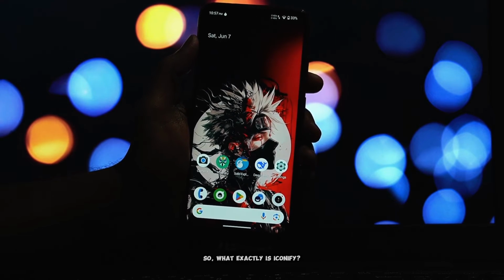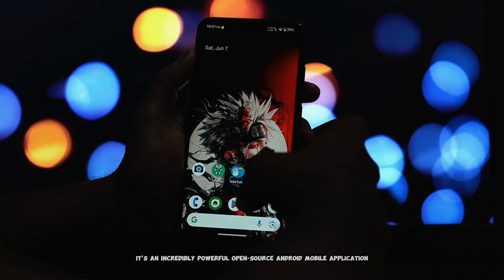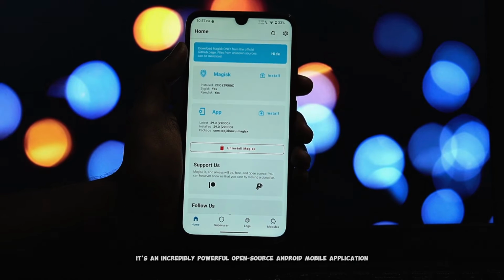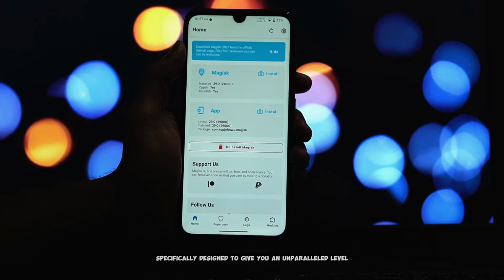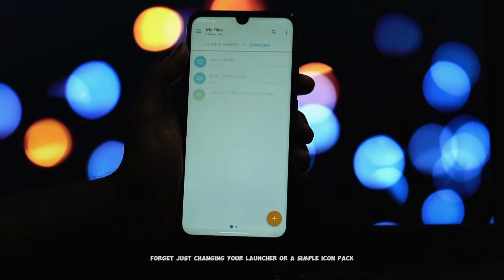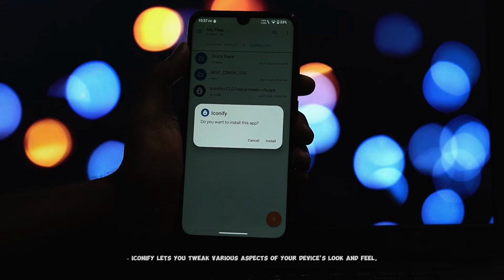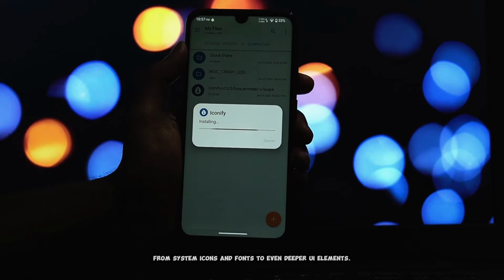So, what exactly is Iconify? Well, in a nutshell, it's an incredibly powerful open-source Android mobile application specifically designed to give you an unparalleled level of control over your device's user interface. Forget just changing your launcher or a simple icon pack. Iconify lets you tweak various aspects of your device's look and feel, from system icons and fonts to even deeper